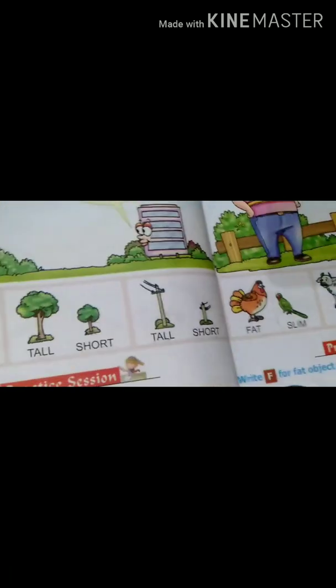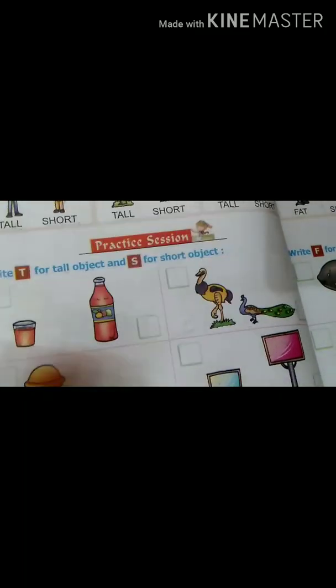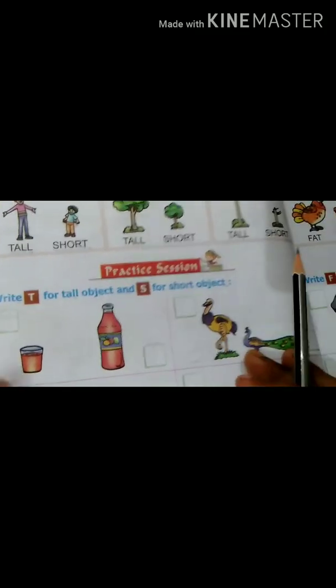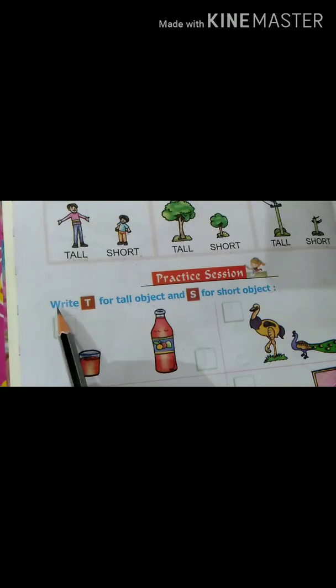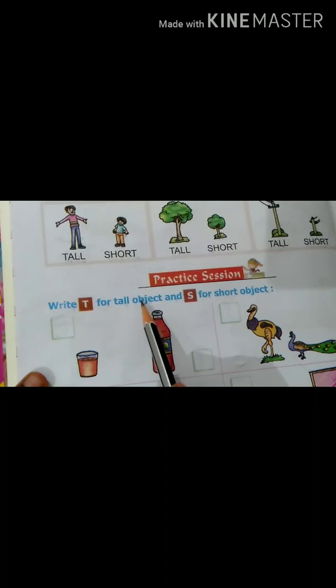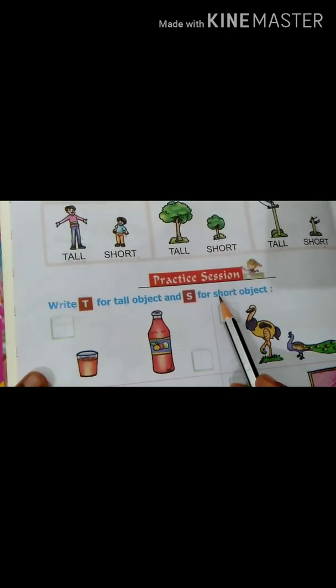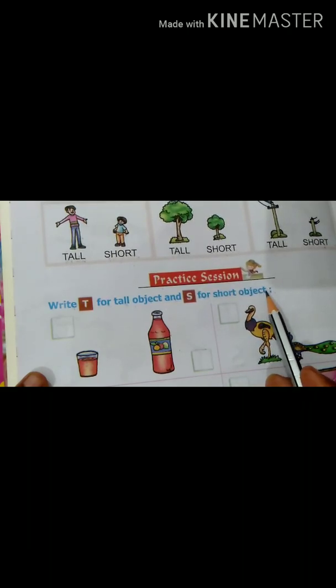Now on page number 8, this is practice session and here is written: W-R-I-T-E, write, T for tall object, O-B-J-E-C-T, object, and S for short object.